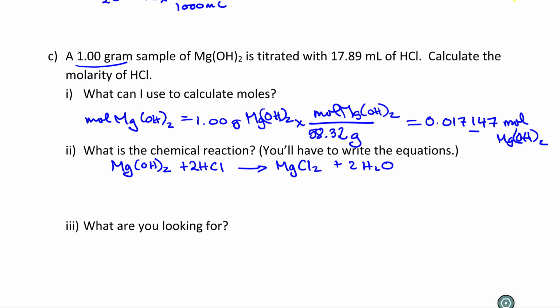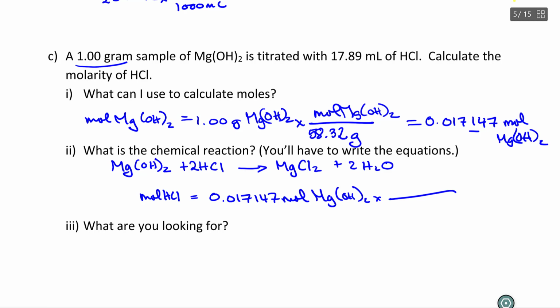So what we're going to be doing is calculating moles of HCl. So moles of HCl, that's going to be 0.017147 moles of